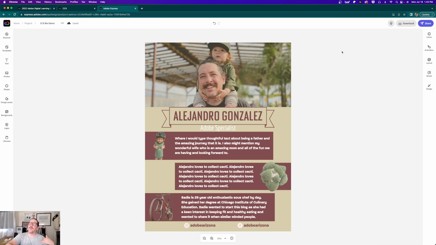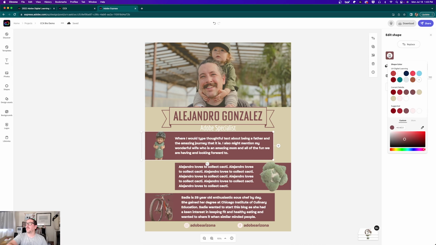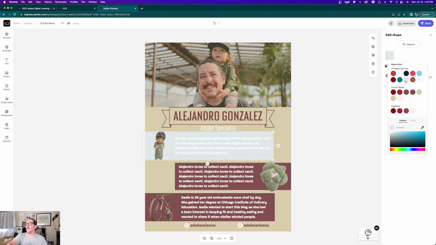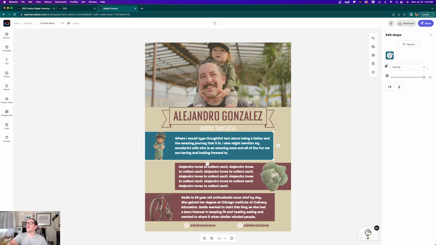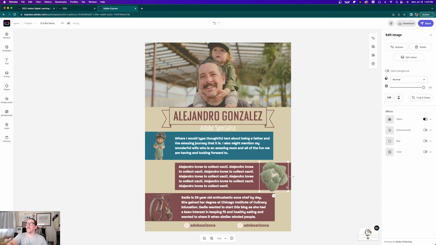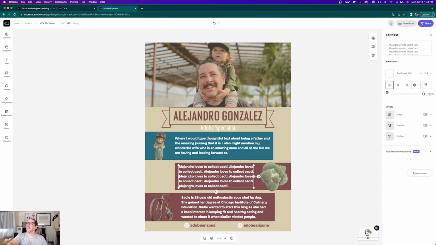If somebody has not used Express before and they made this, I would be very happy. But I can also go and say, oh, these colors aren't my colors, and I could click on this rectangle and choose something that is more my flavor. That's not it. Maybe I go to a darker blue. There we go. And something I really like about Express is if I go to this next rectangle and I click colors,